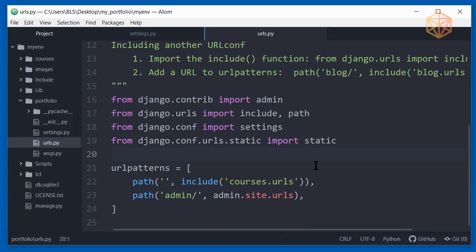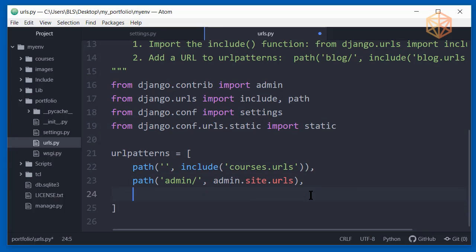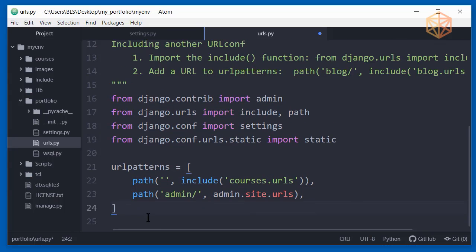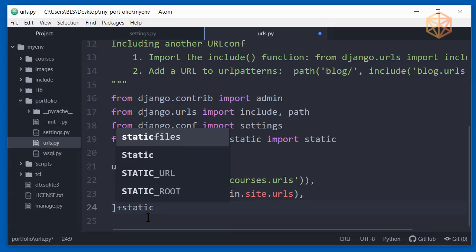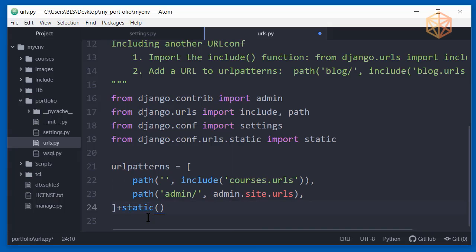The next thing I need to do is add the reference inside this URL patterns. So I'm just going to come here and tab. So here I need to provide the static URL and the static root for the static files. To do that, you add a plus, and then you type in static, which is the static that I've imported. And then inside, I will pass in settings